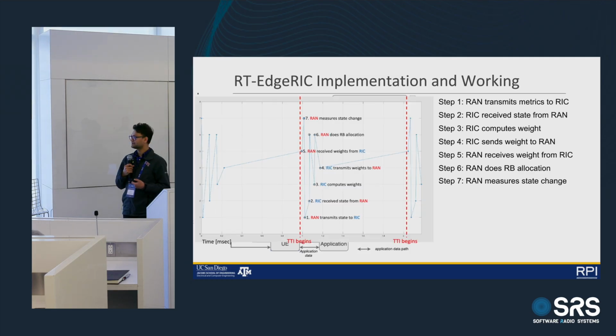So this is how the end-to-end process looks. It also shows the total latency that we have. All the tasks, all the 7 steps, are done within much less than 1 TTI, so that by the time the next TTI begins and you have the next channel estimates and the next scheduling decision to make, you will make it based on the latest channel information rather than relying on the old and outdated channel that you would have otherwise at a non-real-time or near-real-time RIC. So this shows the urgency, or the real-timeness, of making these scheduling decisions and how you can update them based on the channel conditions and traffic conditions from each user.